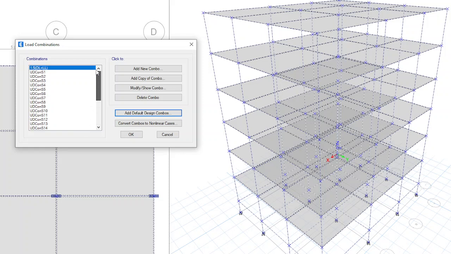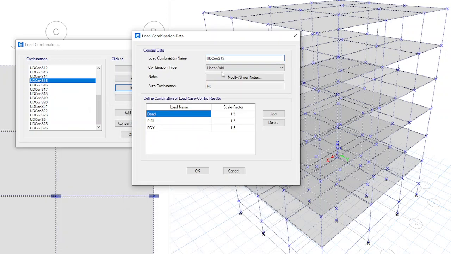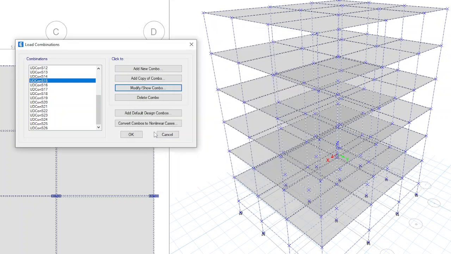So 26 combinations were populated. Based on the code, it automatically created these combinations. If you want to modify them, you can create and modify, and see the scale factors. Just give OK.